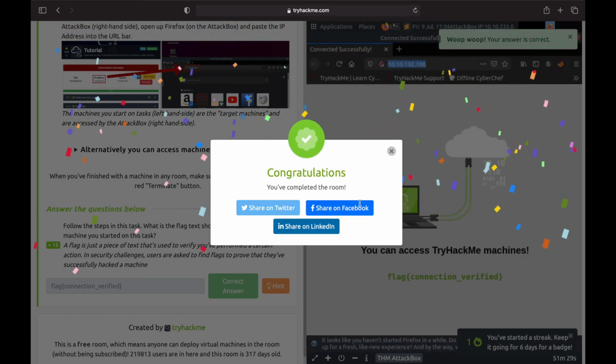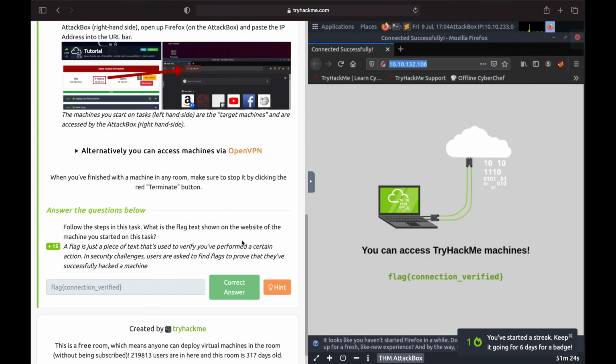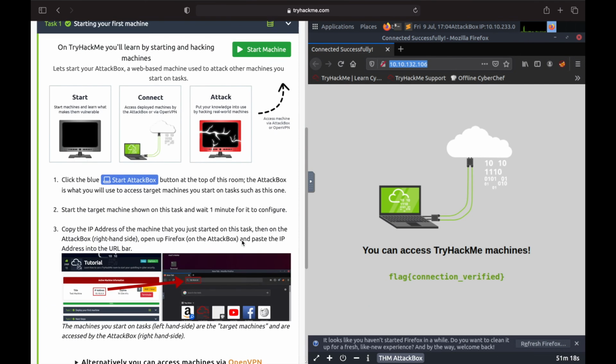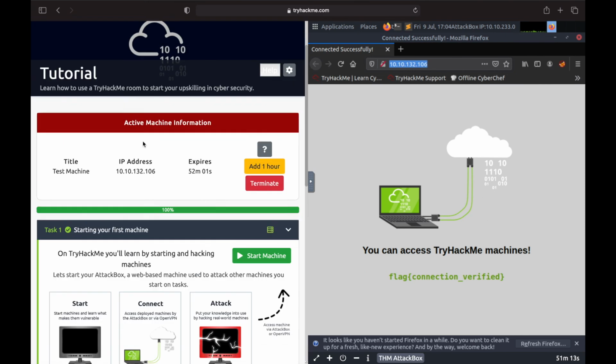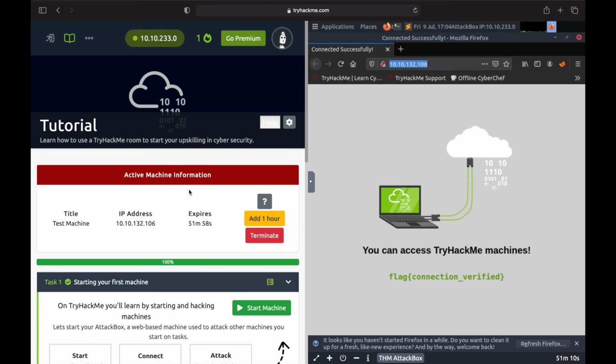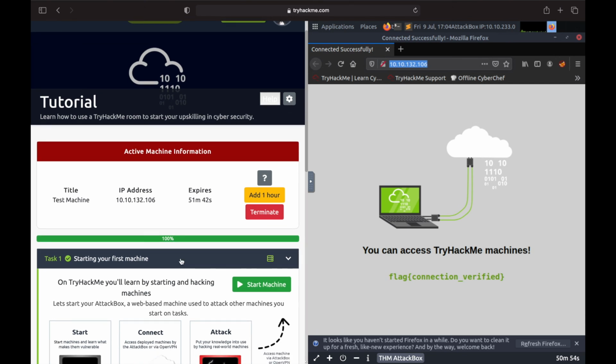You are able to see, right? I have completed the room. That's it, this is a simple one. This is how we can access the TryHackMe attack machine here. This is the attack machine IP, you are able to see, right? And this is my IP. It's not my personal IP basically, it's the web browser IP. And this IP which we got is the victim's IP. Okay, that's it, and I'm just going to terminate it. Okay, thank you.